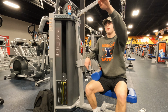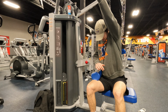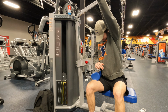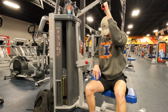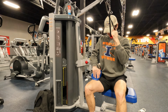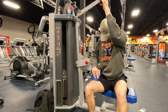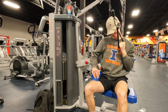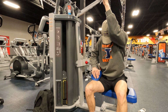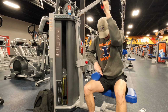Running this one back with nearly the full stack on my other side. I usually don't go this heavy on this set, but I figured my first exercise of the workout, might as well go hard while I still have the energy. And I'm trying to progressive overload, so increase my weight a little bit each week and a little bit each set. So that's why we went heavy here, but I only crank out about 8 to 10 roughly to failure,